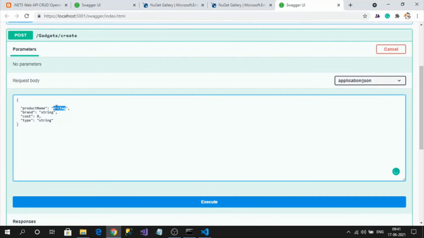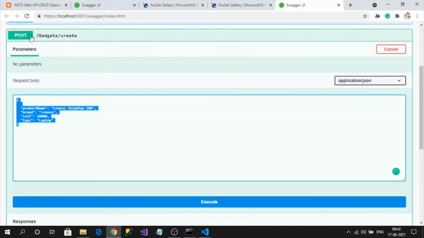I will say Lenovo ThinkPad 100. Brand Lenovo. I will say cost is like some thousand and type is laptop. So I have prepared the payload for my request.